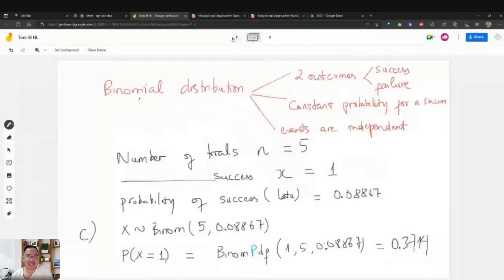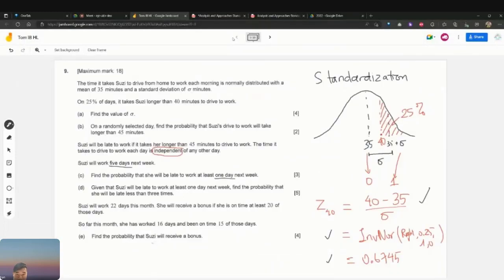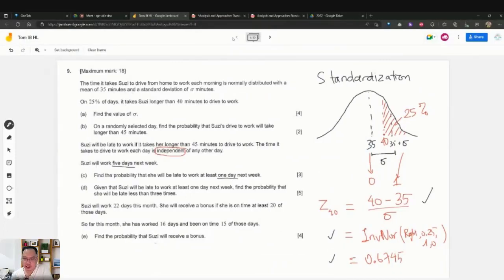Not a good worker. Bad employee. Given that, meaning if that happened, if she is already late at least one day, for example, already late 1 day among the 5 days going to work, it is very likely that she will be late again another day, because of a terrible traffic jam or her laziness. True. But if it is not a given condition, but just a normal probability, the probability